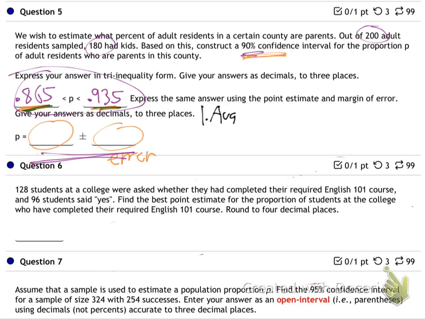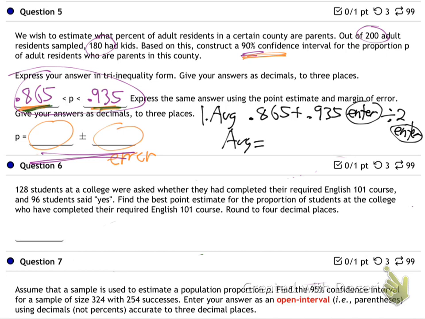So step one, we got to find the average. Right? So just take your calculator, take 0.865 plus 0.935, hit enter, and then divide by 2, and hit enter again. And what do you get? I'll do it too. I'm getting 1.8. Wait, I forgot to divide by 2. 0.9. We're getting 0.9 straight on